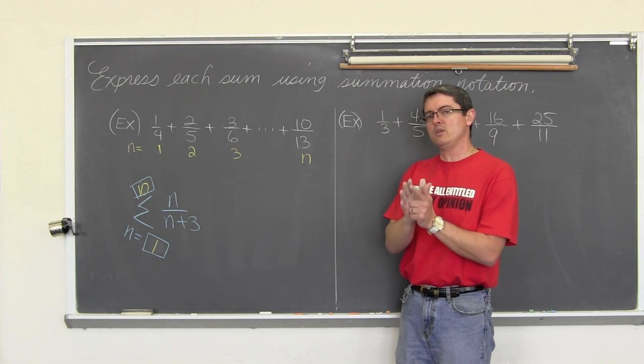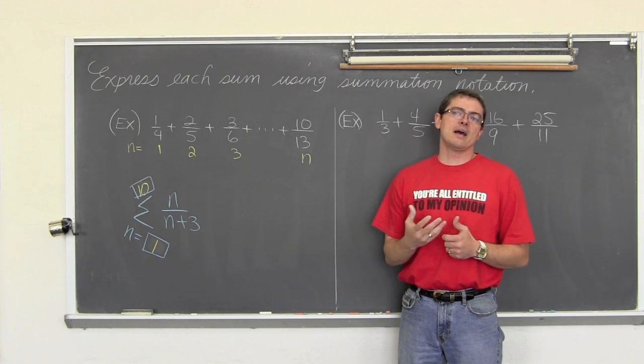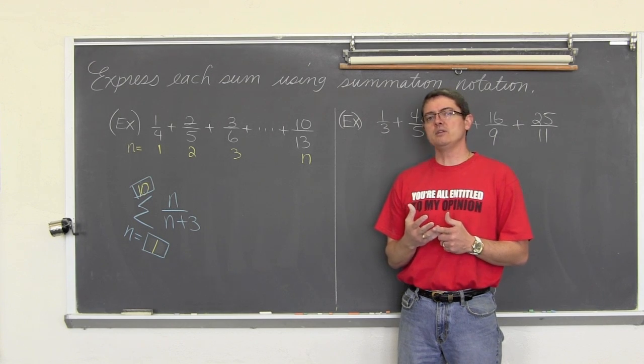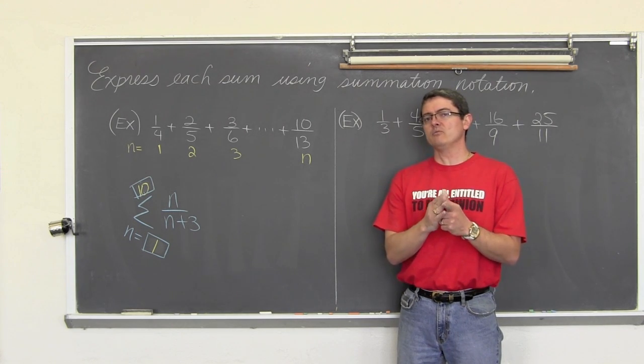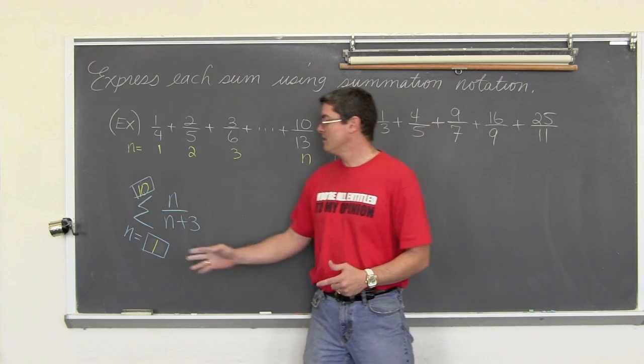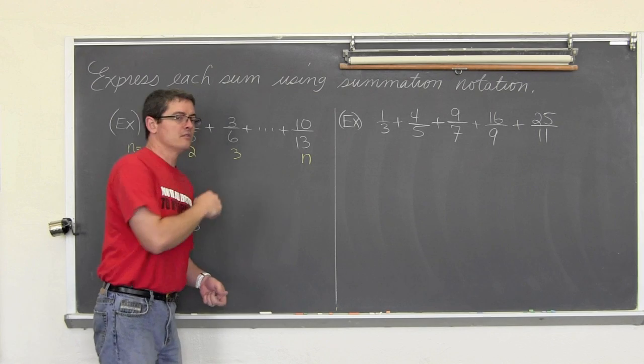But just be aware that when you are given a list of values, terms, and you're asked for an a sub n expression, you do need to use your counting values. You need to remember that your domain is a set of all positive integers. But with summation notation, you do have a choice for that lower limit. So I didn't want to confuse you there.